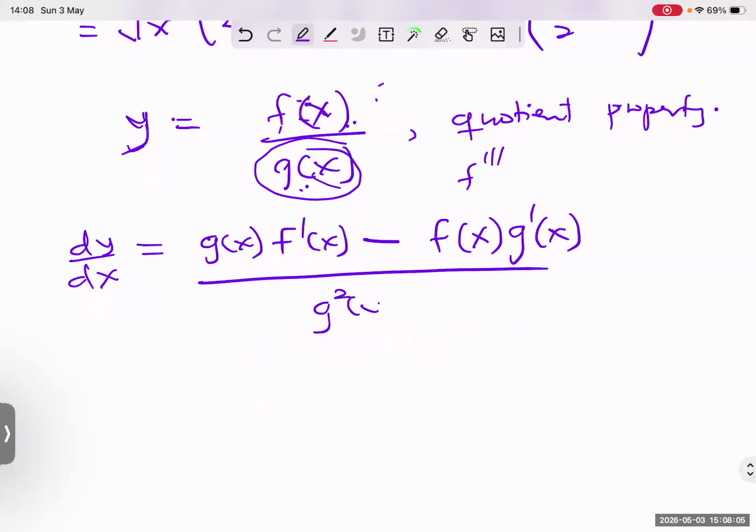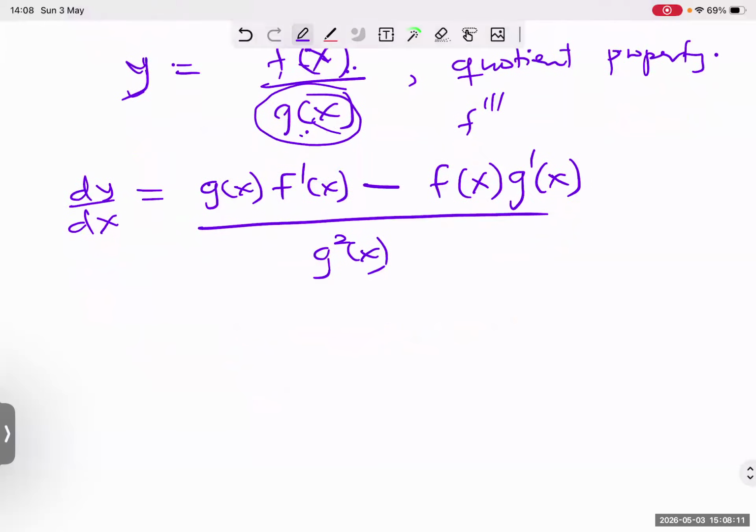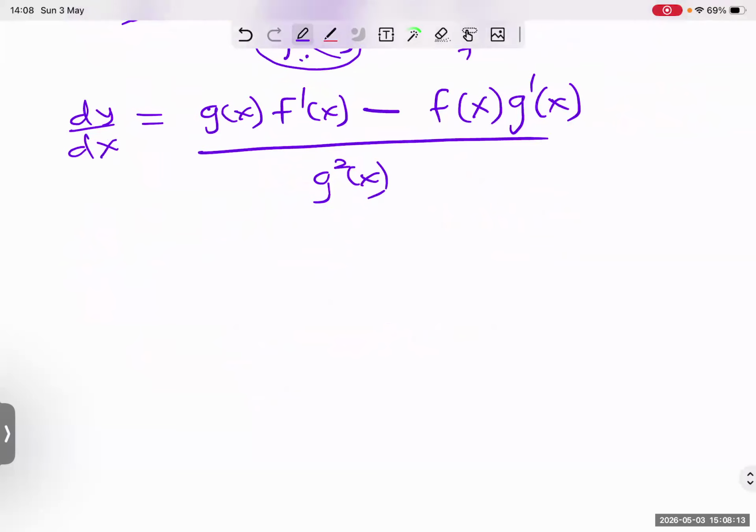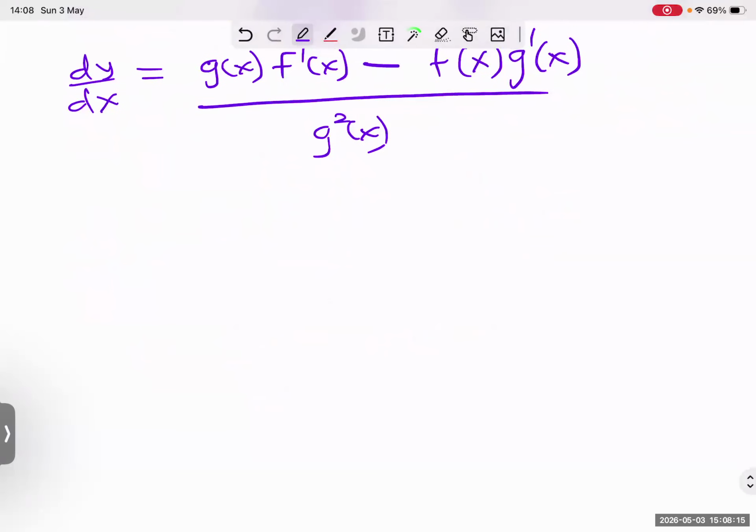So g squared. And that is the product property of derivative, right? So let's look at multiple examples. With multiple examples, this property will always stick in your brain. So if I have y is equal to square root of x divided by x squared plus 1,